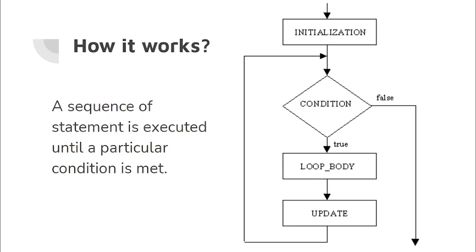So as you can see, this is the flow chart of the loop. First it will initialize, then it will check for the condition. If the condition is true, then we will go to the loop body, and once the loop body process is completed, then it will update. There will be updation, then it will go back to the loop in the form of a circle. That is why we call it loop. The main advantage of loops are that it will basically reduce the length of code and also reduce the memory.